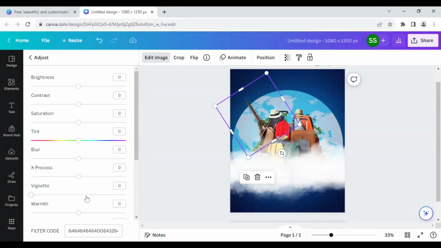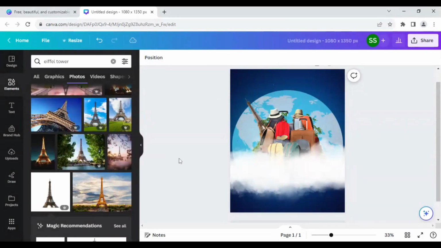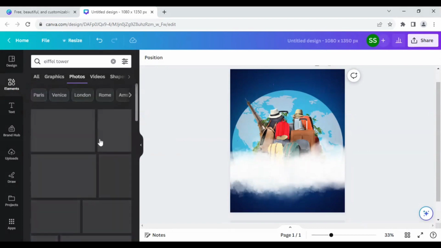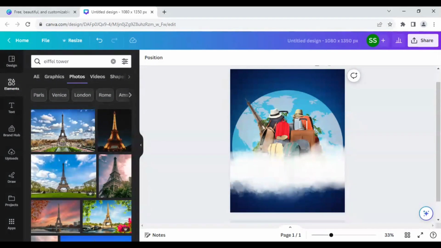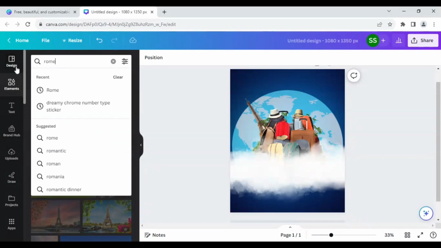And make it a bit brighter so that the image is a bit more visible here. Okay, so this one looks good. Now we will go to the next part, which is I will type the keyword as Rome, Italy,